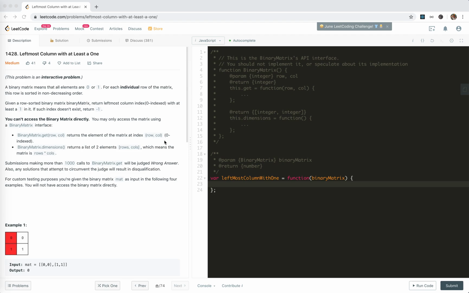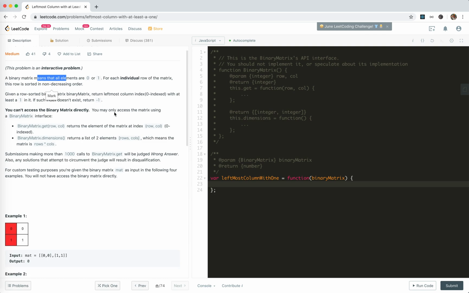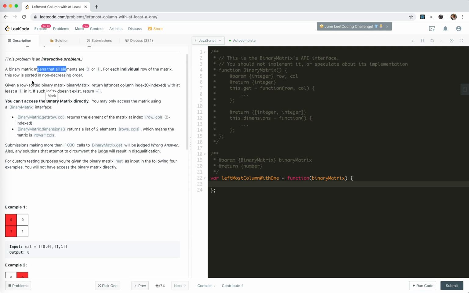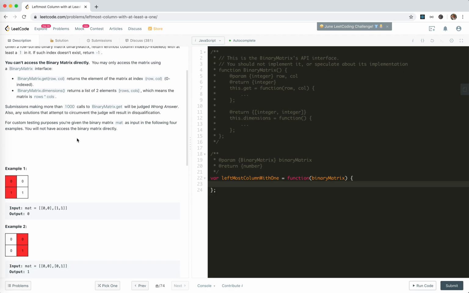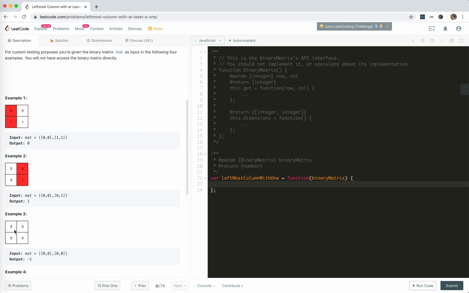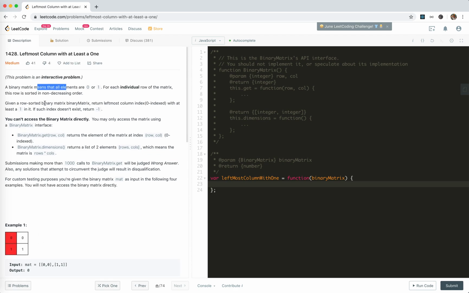In this video, I'm going to take a look at 1428, Leftmost Column with at Least a One. A binary matrix means that all elements are 0 or 1. For each individual row, the row is sorted in non-decreasing order. Non-decreasing means ascending or not. Yes, it should be 0 in the front and 1 at the end, right? It's not decreasing. Given a row sorted binary matrix, return